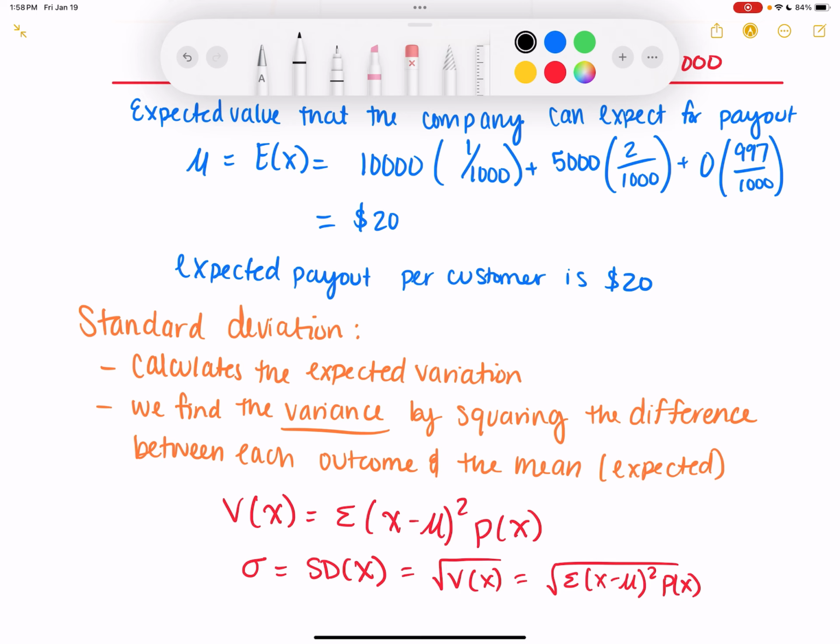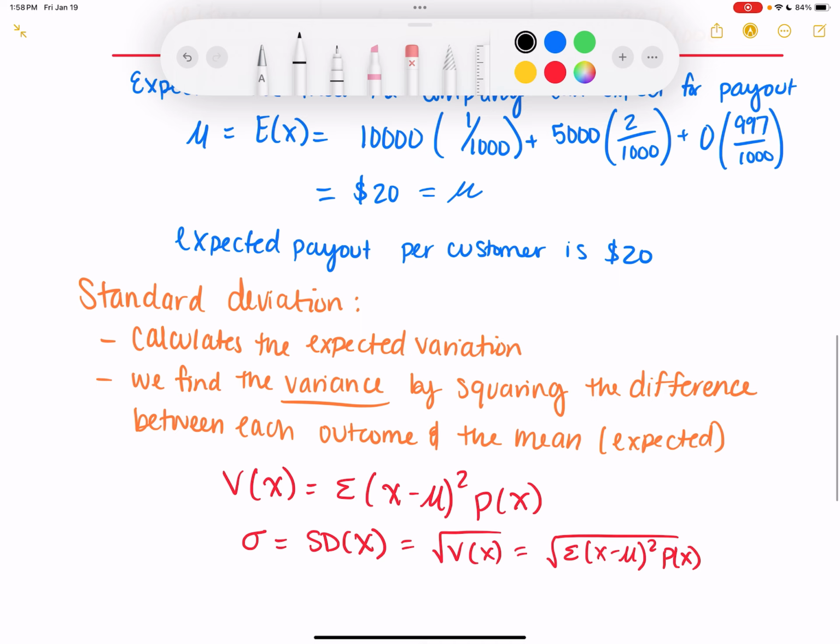And so just to go up here and reference, this $20 value would be mu. Okay, just for making sure we see that. So, going back to the insurance company,